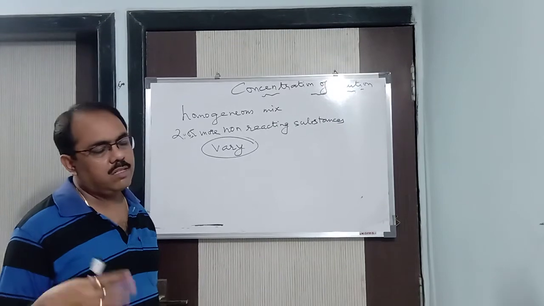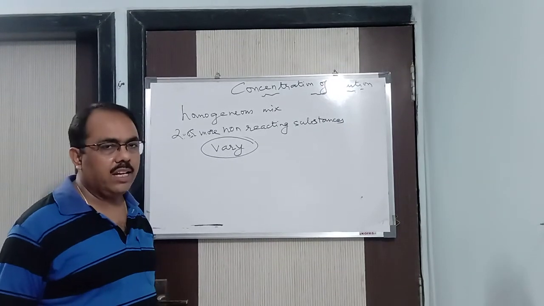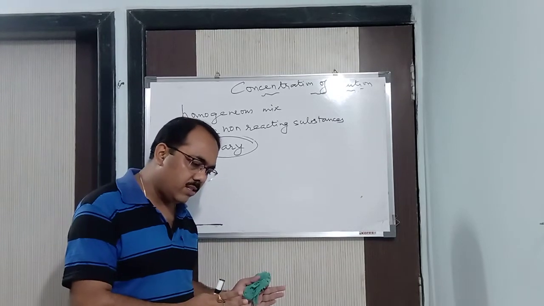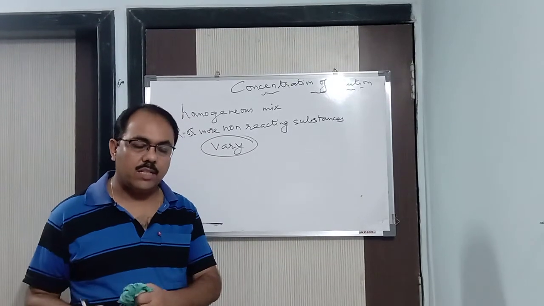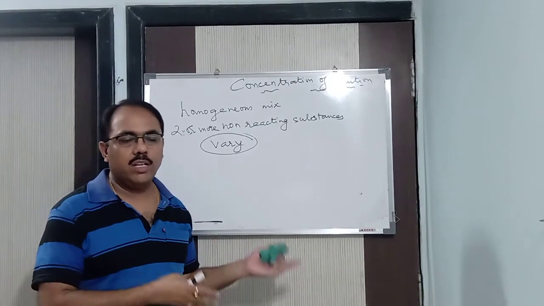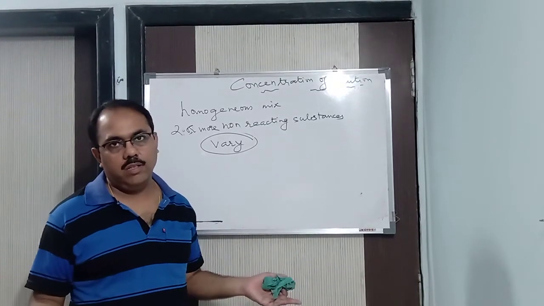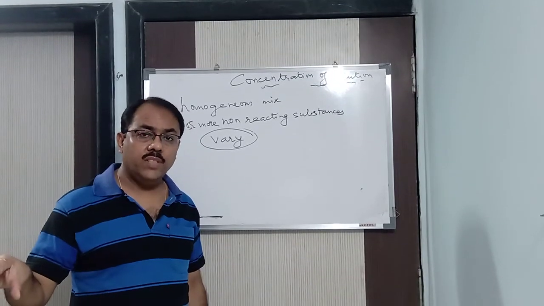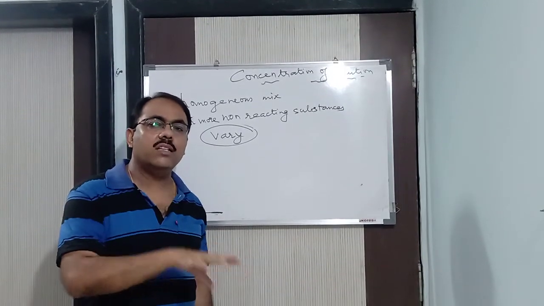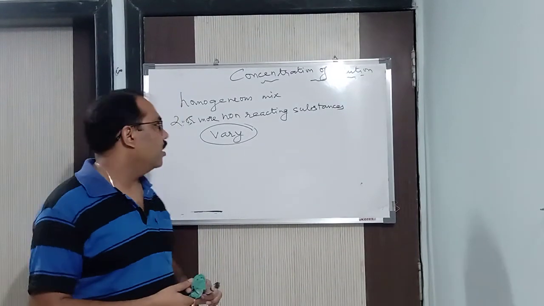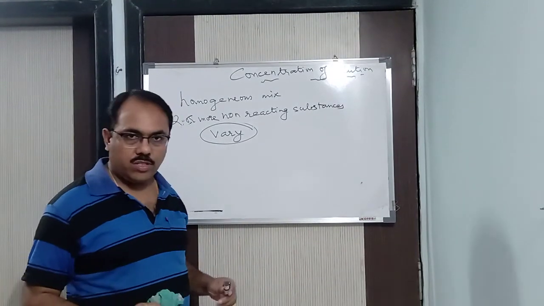Clear? And if the substance is present in large quantities compared to the solute, what is that known as? Solvent. So again I repeat, if the component is in small quantities compared to another component, that is called a solute. And if the component is in large quantities compared to another component, it is known as a solvent. Or you can say the one which dissolves in the other. So one is the solute and the other is the solvent. That's it. Anyway, you can say that. Okay, fine. So you understood what a solution is first of all.